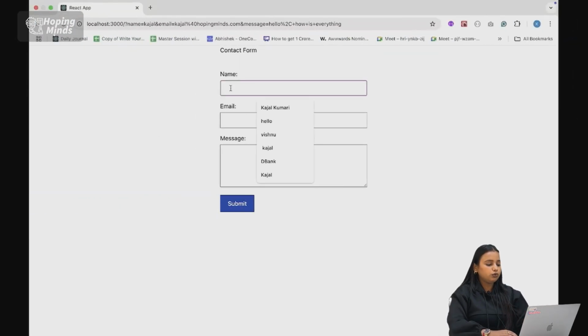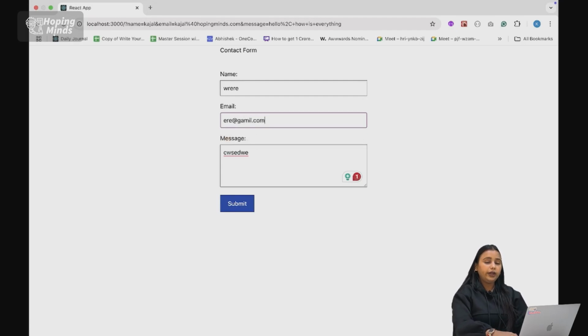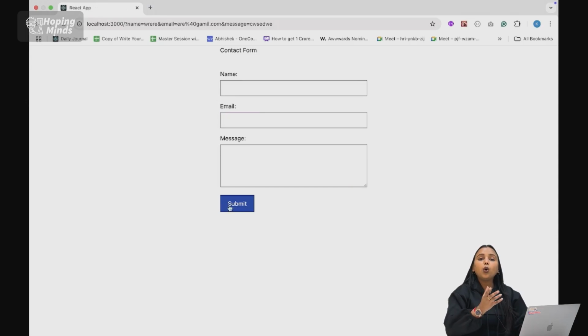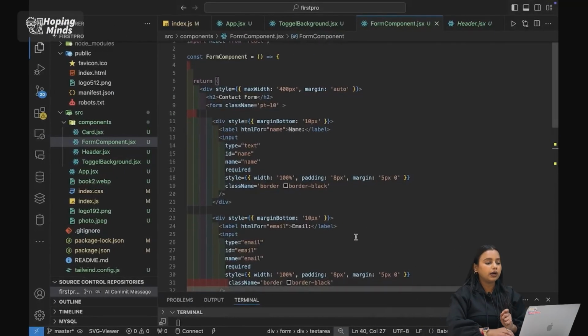Whenever the user writes something over here, we are able to write it, and when we click, it shows us some validation, but that is from the HTML side. When you click on the submit button, you will see that all of the data gets refreshed. I just want to handle those things. So how will we do that? See,